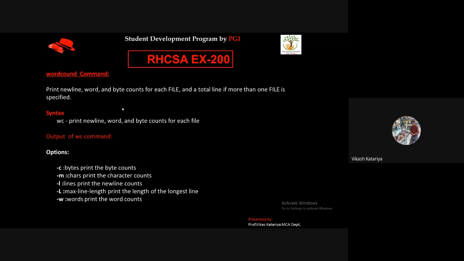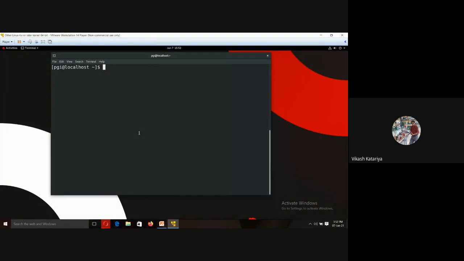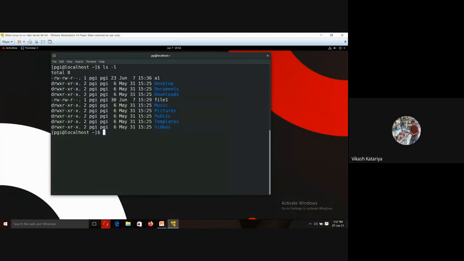Again, it takes some parameters, and this is the strength of Linux. Every command has a number of parameters which are used to manage the files and our data also. So the output of the wc command, let's perform practically. First we will check how many files we have. We have only two files, a1 and file1. So wc space